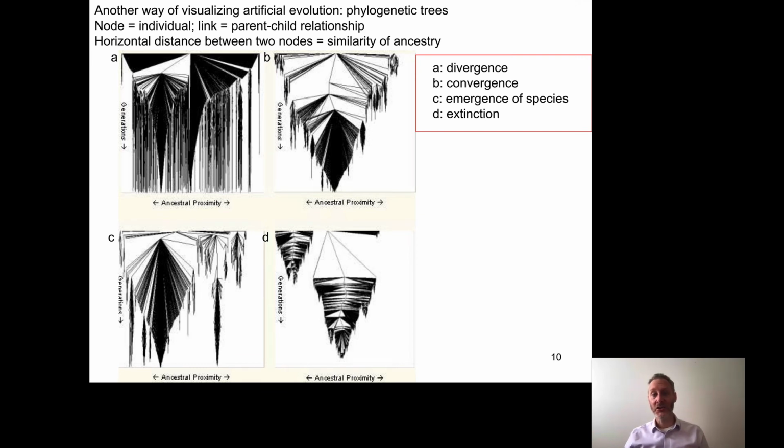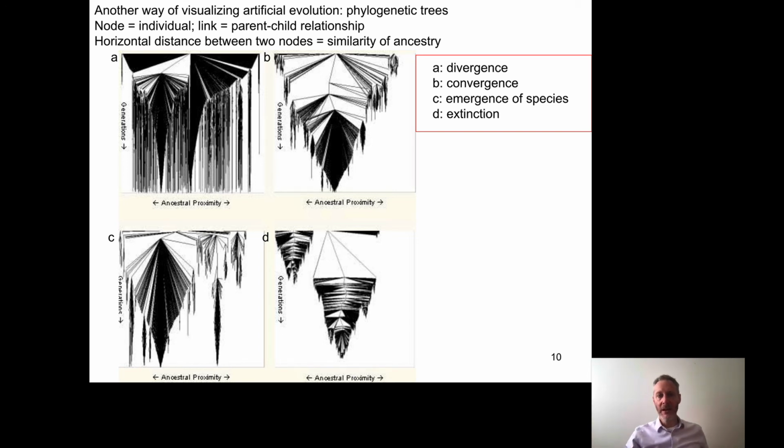I mentioned phylogenetic trees. This was something they included as a visualization in the paper. If you've ever taken a biology class, you've probably seen pictures that look very much like this already. Sorry, not phenotypic tree, a phylogenetic tree. A phylogenetic tree is a great way to represent two features of an evolving population. It shows the variation in the population at a given time, which is shown on the horizontal part of the image. And then as we descend down through a phylogenetic tree, we can see how evolutionary changes occur as evolution